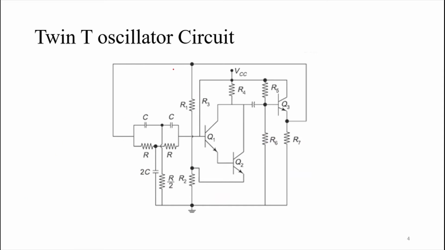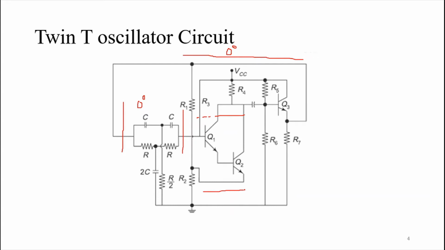This is a circuit diagram of a twin T oscillator. As you can see, this section is the twin T feedback network, and this entire section from here to here is the amplifier network. Because my feedback network is not giving me any phase shift, that is, the phase shift is 0 degrees over here, I have to use an amplifier which also gives a phase shift of only 0 degrees. Now you can see this particular circuit combination, this Q1 and Q2. If you look at this entire configuration, this is now a Darlington amplifier.